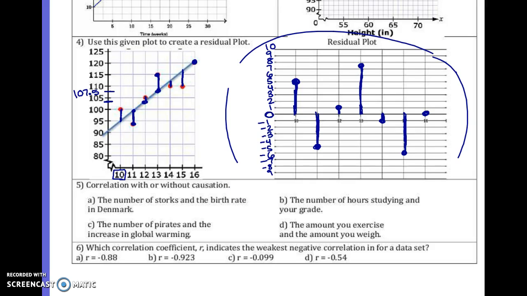Correlation with or without cause, number 5. The number of storks, stork is a bird, and the birth rate in Denmark. So the number of